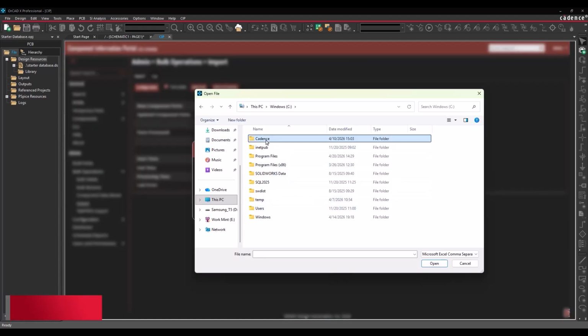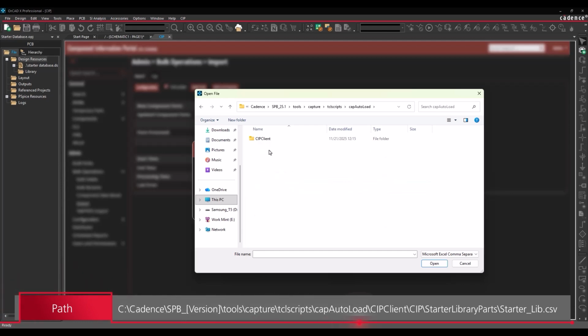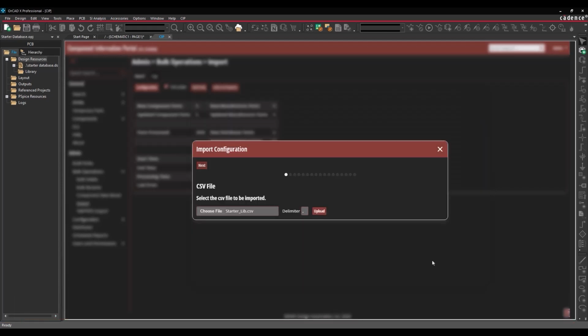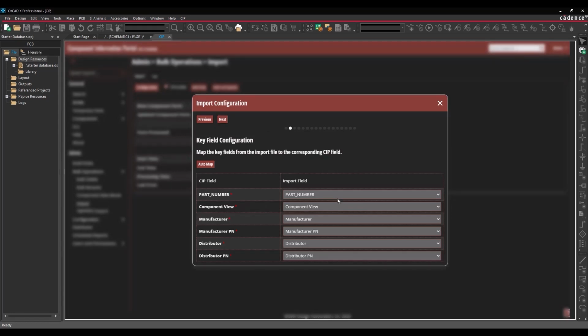Browse to the desired file. To use the starter database included in the standard CIP installation, use the path displayed on the screen. Select the starter_lib.csv file, then click Open. Select Upload. With the starter database uploaded, we need to map the fields contained in the CSV file to the